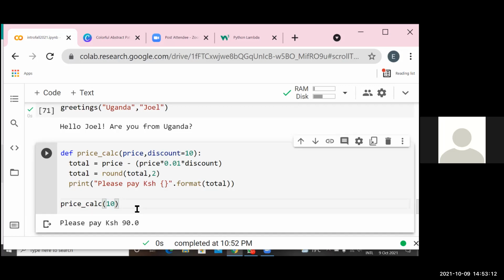Say it costs, let's say, 15,000. Oh, sorry. Okay. So yeah, if it costs 15,000, then the discounted price would be 13,500. So now we have defaulted to that.